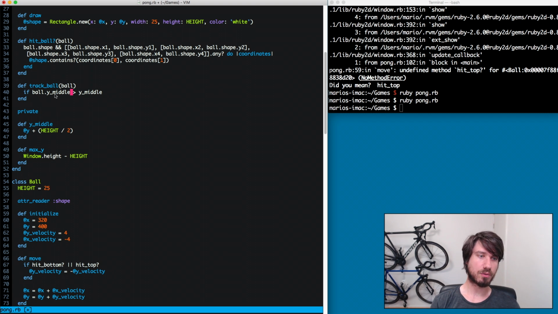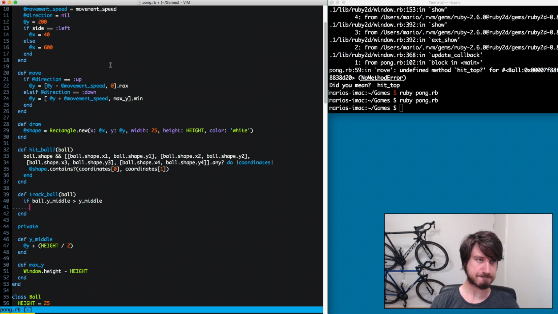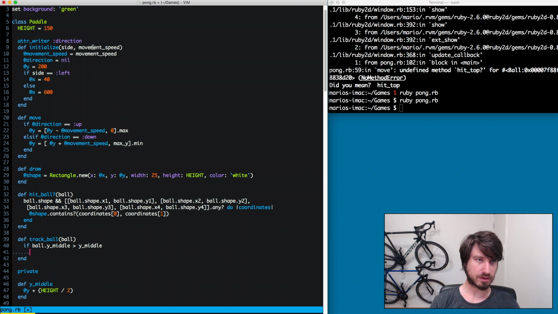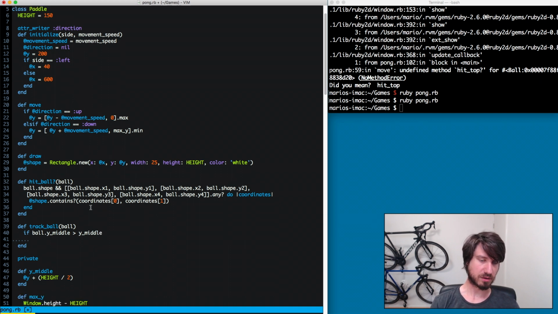So if the ball's y middle is greater than ours, then we're going to need to move ours up. So then we're going to say, and we're going to use this movement speed as well. So we can limit the amount that the opponent can move. And that's going to be some very basic difficulty. If we set it to a low value, the opponent will be quite slow. If we set it to a high value, then they're going to be quite fast. So let's say now our y is plus equals movement speed. Okay. And then we're going to say else if